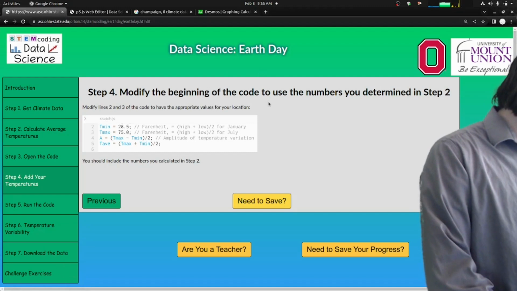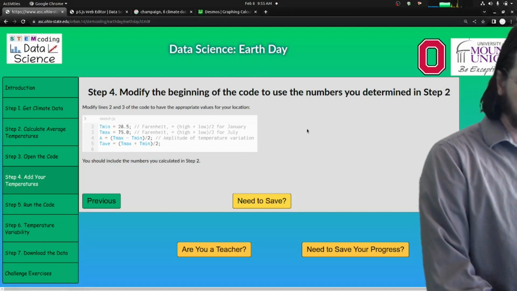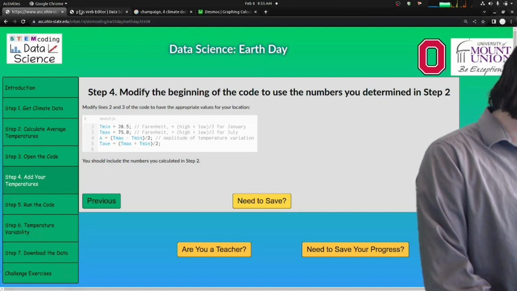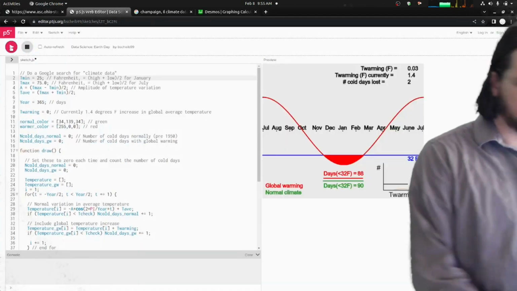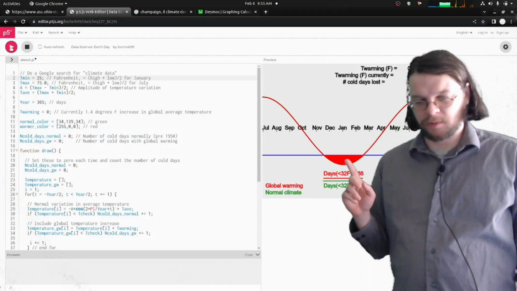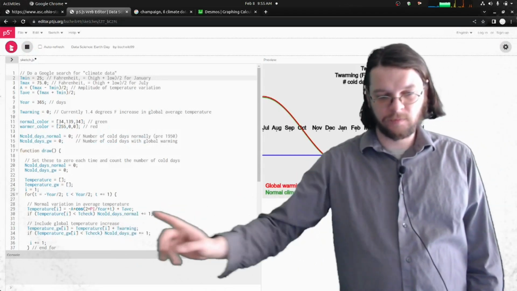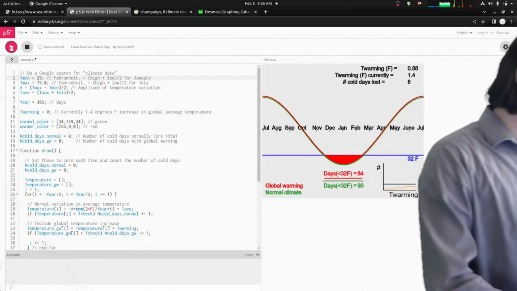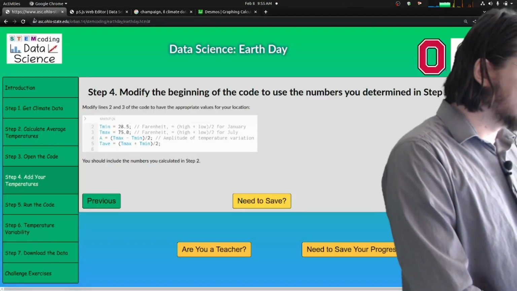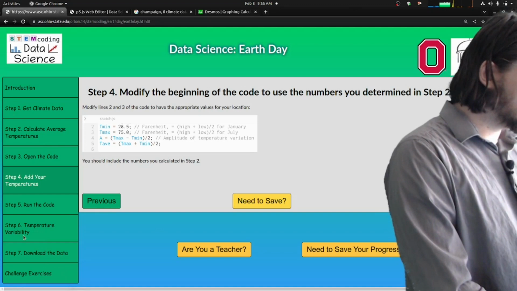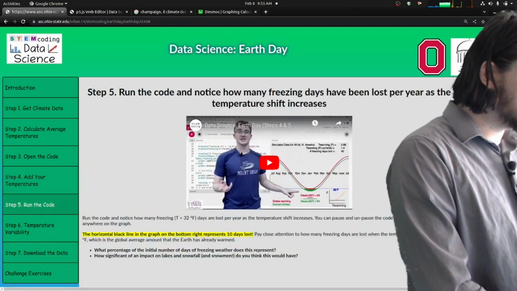So we just modified this, okay? Again, you don't really have to understand that this is a cosine wave to be able to do this activity. If you want to talk about that it's a cosine, that's great. You can look at that function there, but you don't have to. And so then you can run the code.